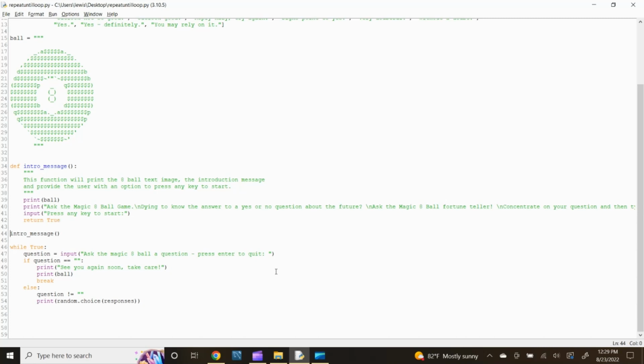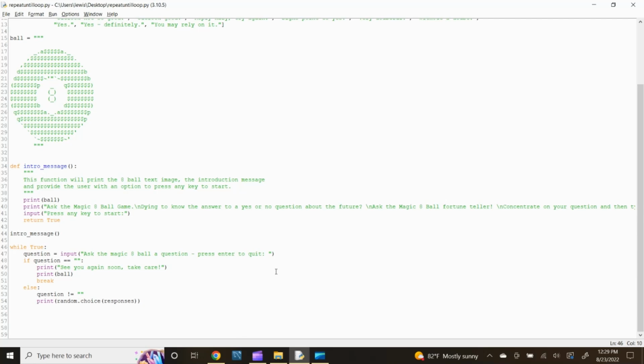I want the introduction message to display at the very beginning when we run the program. Therefore, prior to creating the while statement, type intro_message() and then press enter. Now, for the while statement, type while True: then press enter. Using while True is just a way of running a loop that will continue to run until you explicitly break out of it using break or return. Since True will always evaluate to true, you have to force the loop to end when you want it to.